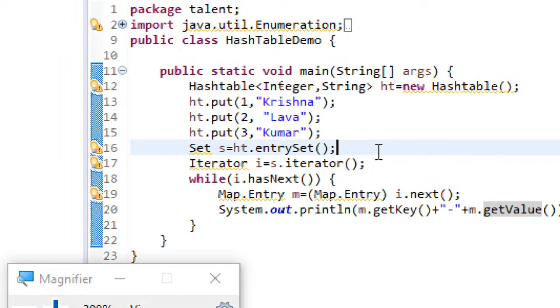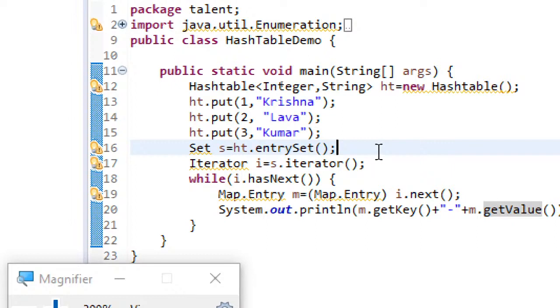And TreeMap is the implementation of SortedMap, because SortedMap itself is an interface for which you cannot create a direct object and cannot use it. For that reason, TreeMap is the implementation of SortedMap, to which objects can be created and you can retrieve the entries.